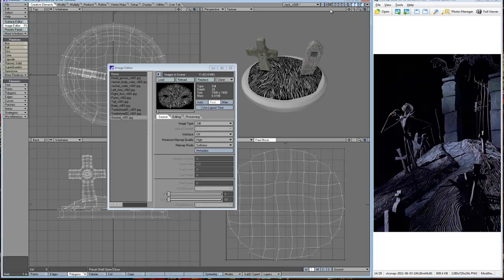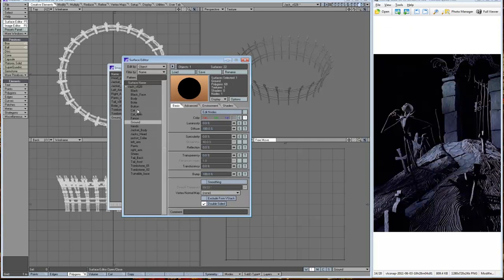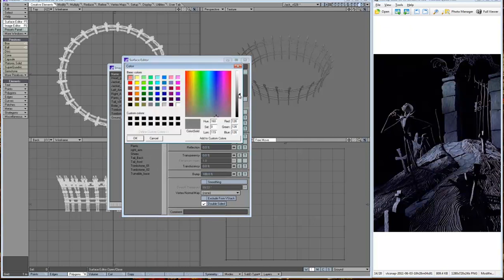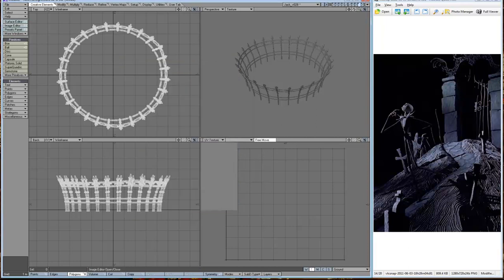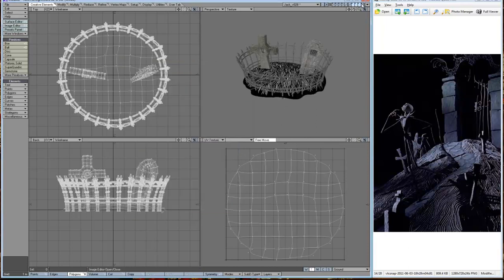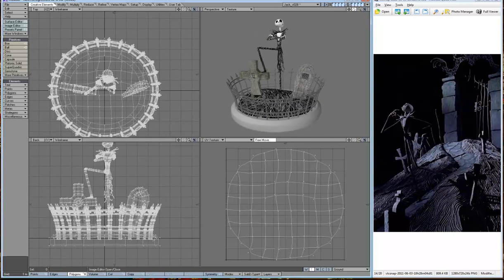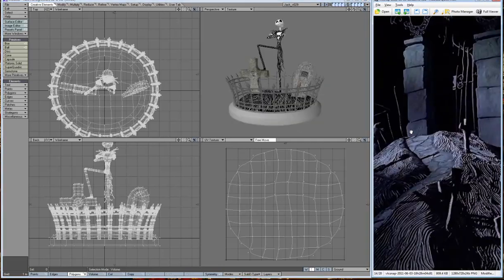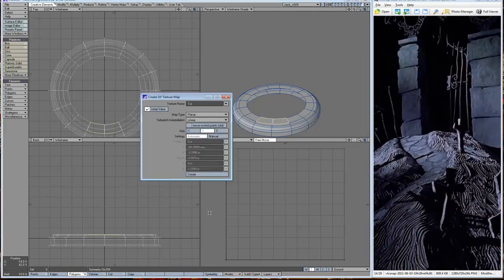Reload and see how it looks. And I'm just going to make this fence a little bit darker. And yeah, loading everything just to see how it looks. And looking pretty good. Great time to save what we did. Now for this turntable base,